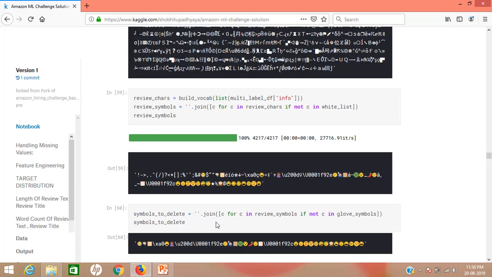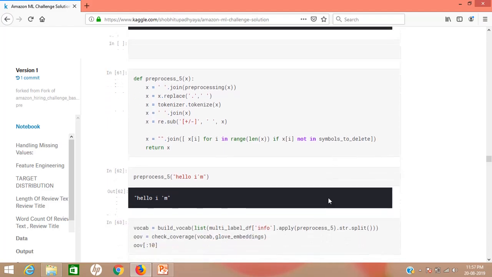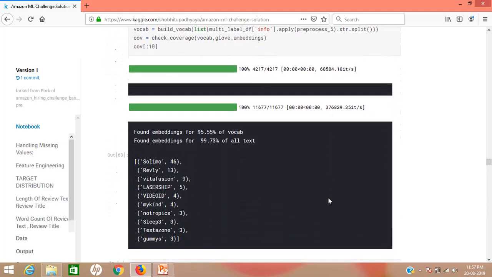Symbols to delete represents all the symbols not present in the GloVe embeddings. We'll delete all of the symbols from the review if that present in the symbols to delete. Let's do the pre-processing and check the coverage again. I can see a huge improvement in the embedding coverage.